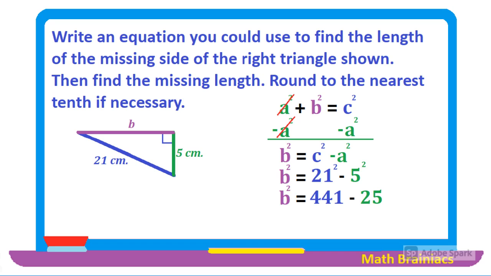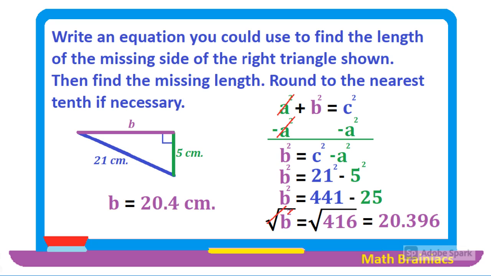21 square is 441, while 5 square is 25. Therefore, b square is equal to 441 minus 25, and it will give us 416. To eliminate the square on the left side, we can apply the square root on both sides of the equation. And we can cancel out the squared and the square root on the left side of the equation. Therefore, the square root of 416 will give us